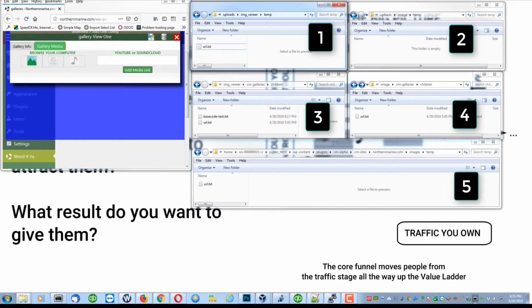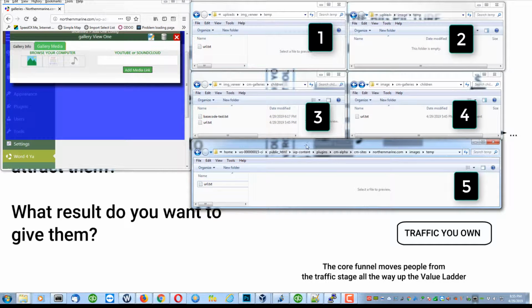Okay, so I've laid out these 5 file manager windows, and a large one at the bottom. The purpose of this is to describe to you what happens when you browse for an image using the CompuMatter Media Manager, and you can see where that image gets deposited as it works through the different parts of its life cycle. So for starters, when I hit browse and I select an image, but before I crop it,